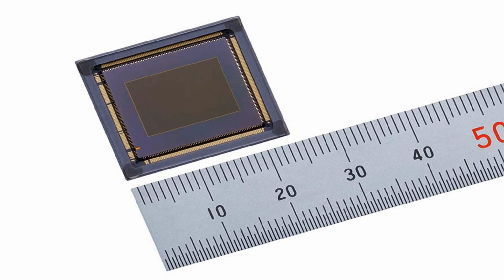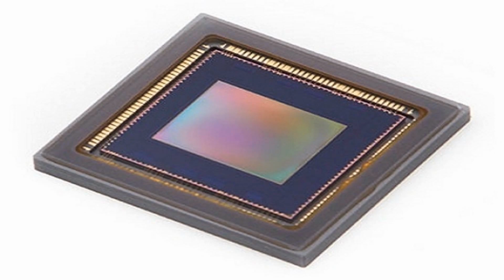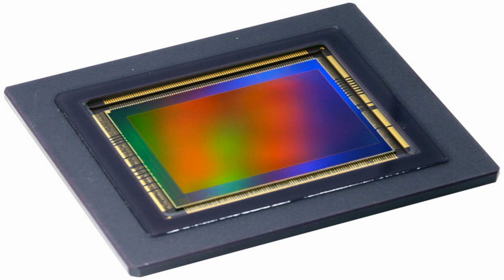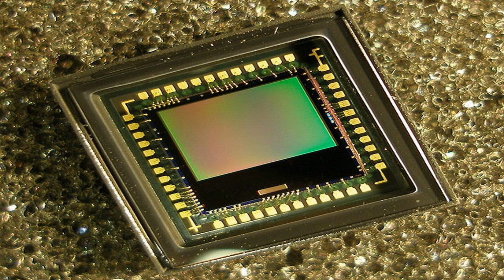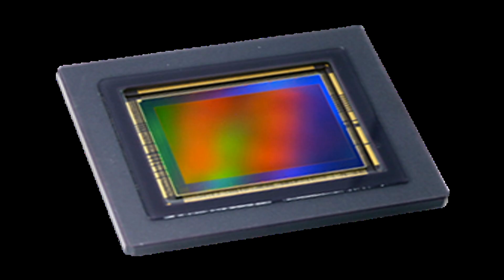The transistors then read the charge from each pixel and convert it into a voltage, which is then amplified and converted into a digital signal that can be stored as a digital image. In general, CMOS sensors are faster and more power efficient than CCD sensors, although they tend to produce more noise in low light conditions. In the next section, we will explore how CCD sensors capture images and how the process